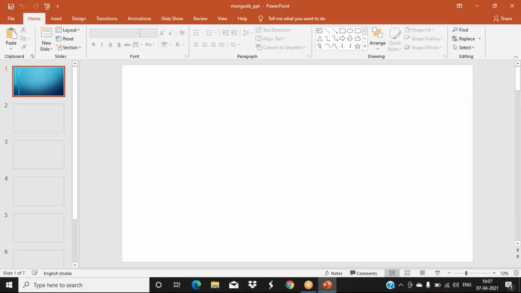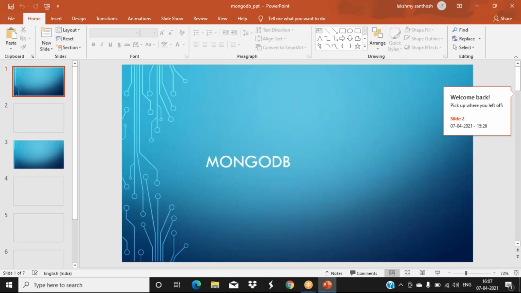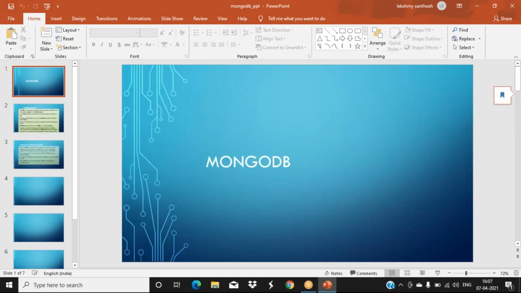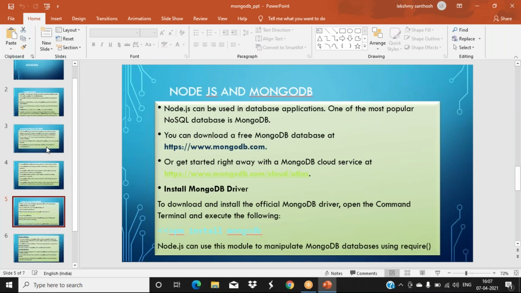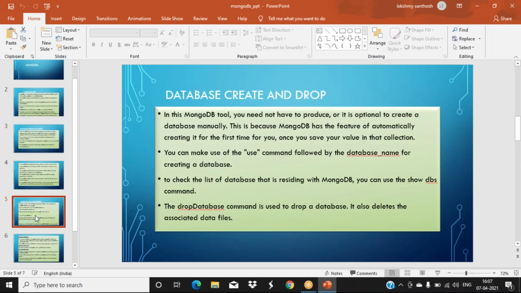So we are doing these operations only: creating databases, inside that collections, and inside the collections documents. So using Node.js, how will we do it? For that, we have built-in functions available. These things are the same as yesterday's, so I'm not explaining that again.